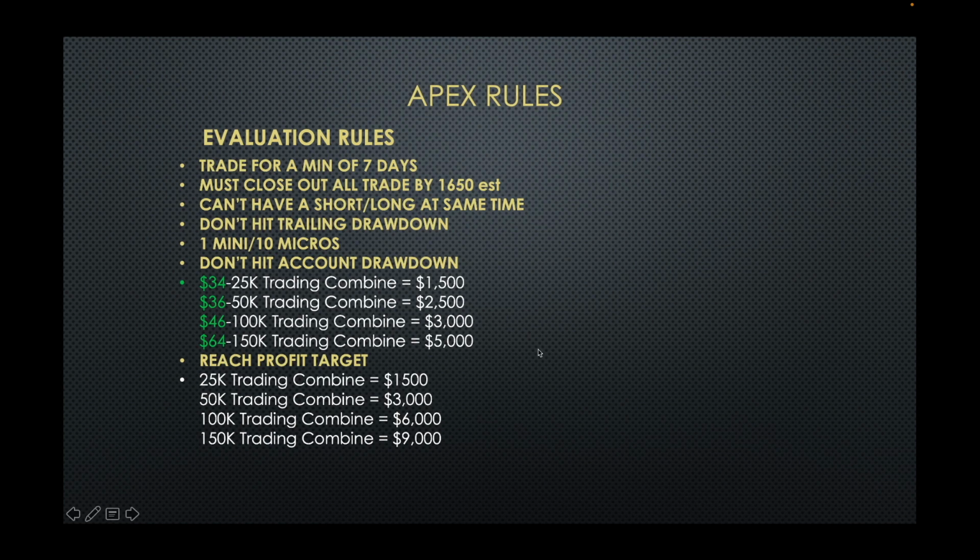But you can do what's called flipping in Apex in their evaluation. You can switch to a micro and basically get in a trade and out of a trade right away. That counts as a trade, and then don't trade anymore that day. You can do that for the rest of the 6 days, and then you end up passing your account as long as you don't go below this $3,000 mark.